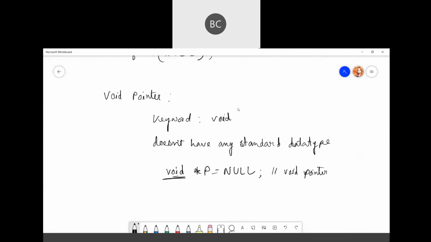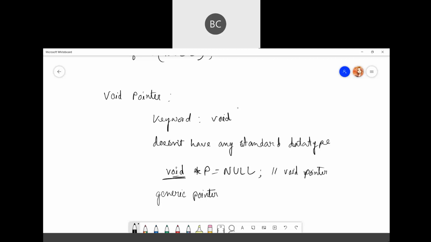Another name is the generic pointer or general purpose pointer. All your dynamic memory allocation functions like malloc and calloc will return a void pointer.